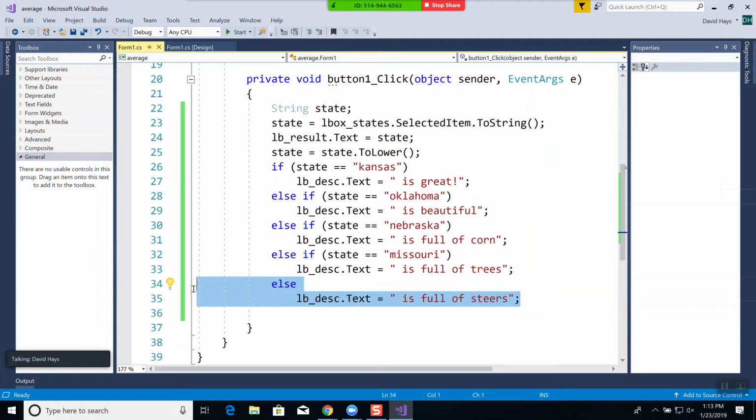Now this else here means that there are no other options. So by default, it's this right here. This would work equally well if I put check to see if the state is equal to Texas. And it actually would open it up so you wouldn't break in the future. Because if I have this right here,